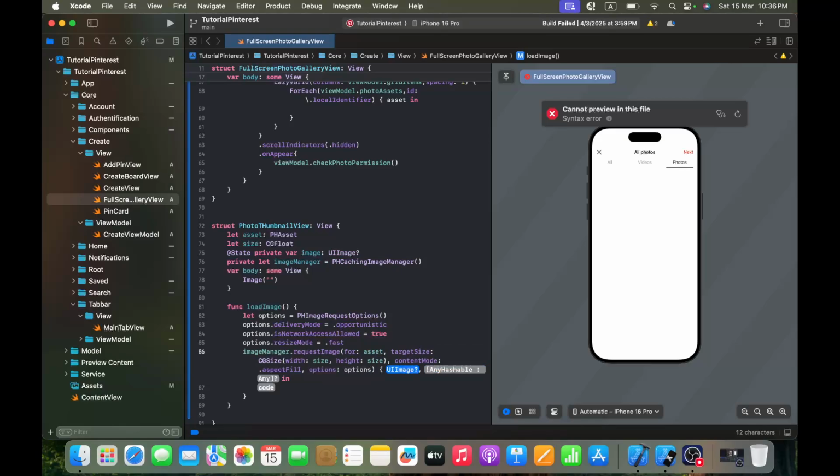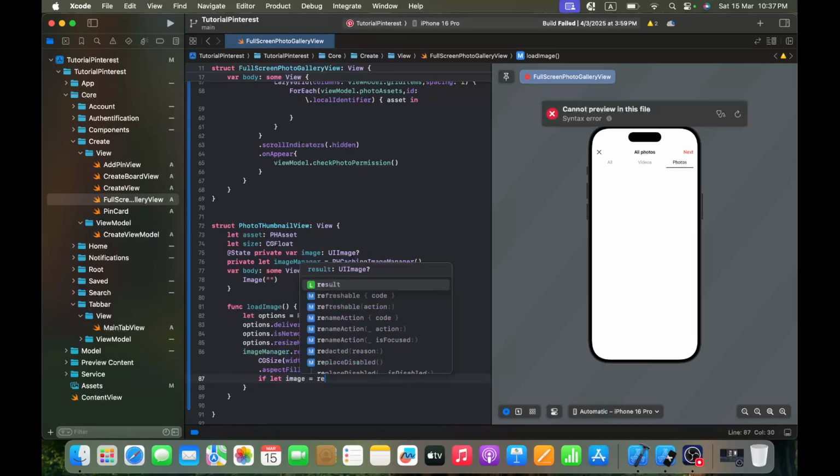So result and info. And I don't even need this one, to be honest. So I only need the result. So I will make a check. So if let image equal result,